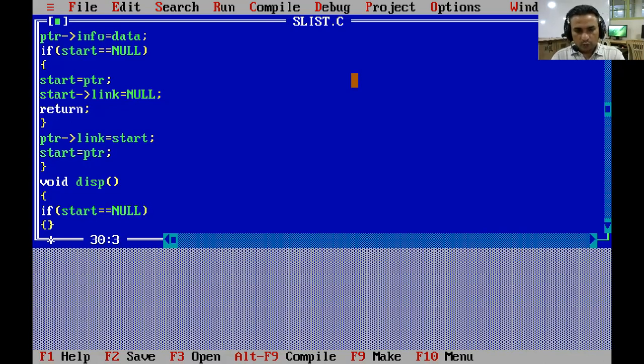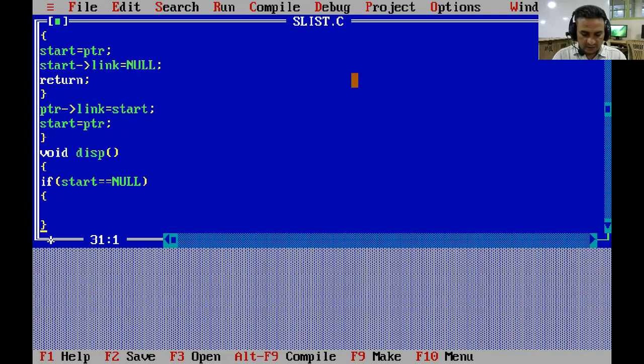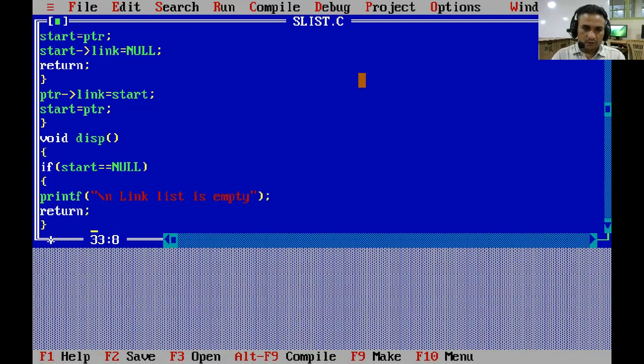So we have to provide only a message here: printf("linked list is empty\n"), and we have to return from this control block.